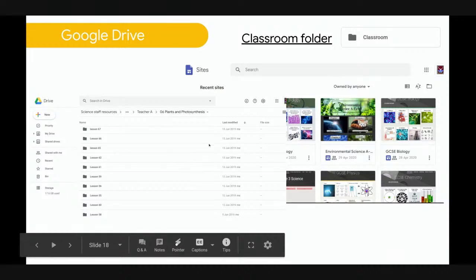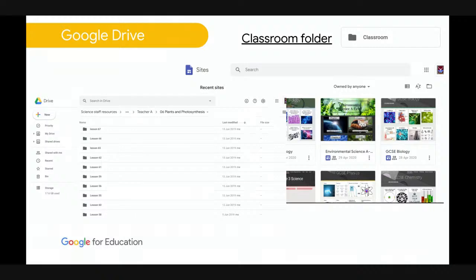What they've done, you can see here that it's set up in the list view that Kev showed you, and you can see that it's got a last modified date. So our science department have been a little bit sneaky. This is quite advanced. I'm quite impressed with this. They've started having a look at the last modified date in the Classroom folder to be able to quickly check if and when students have been working and whether they've been working when they should be. So that's been really interesting.